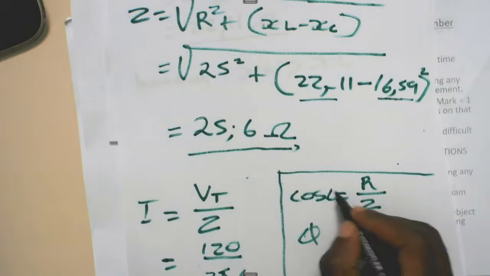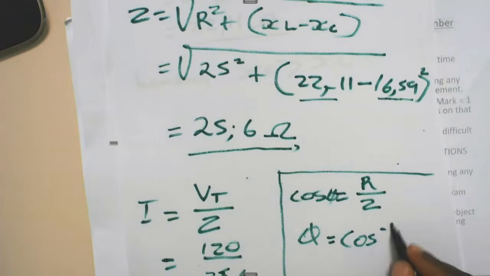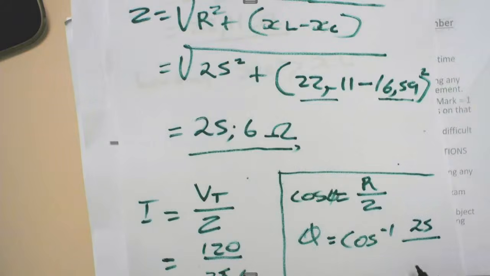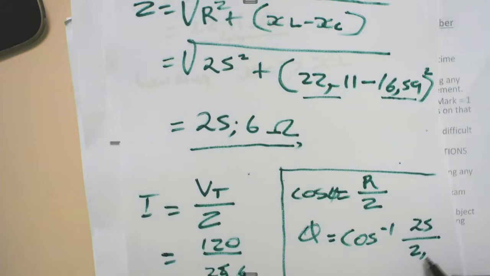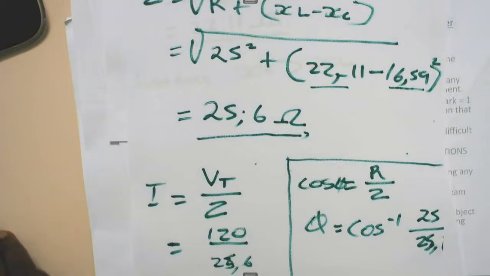Then as we substitute here, we'll say theta is equal to cos, then we substitute R, and our R will be 25, then our Z will be 25,6. So our phasor angle will be